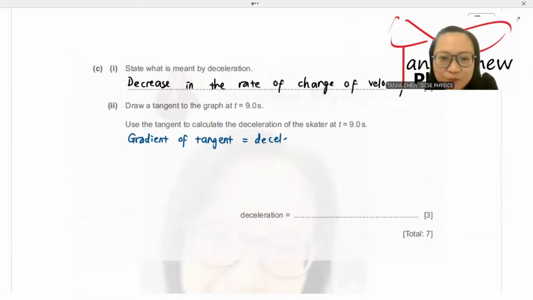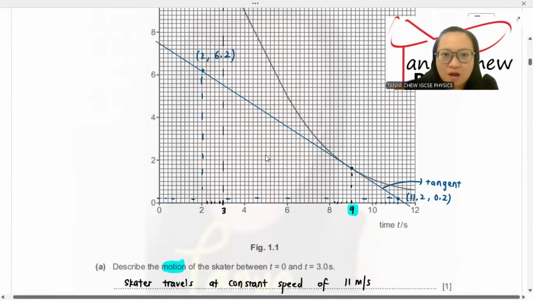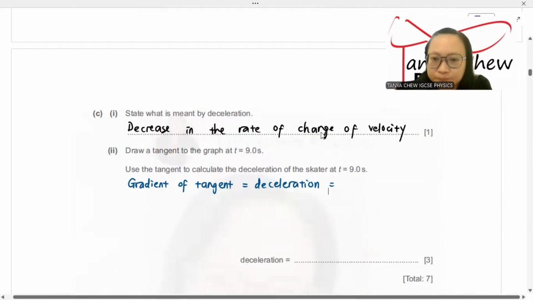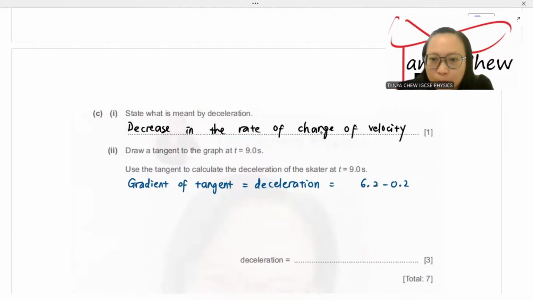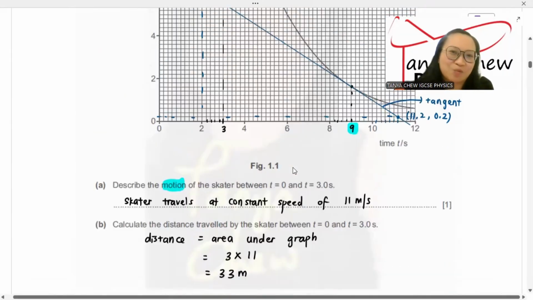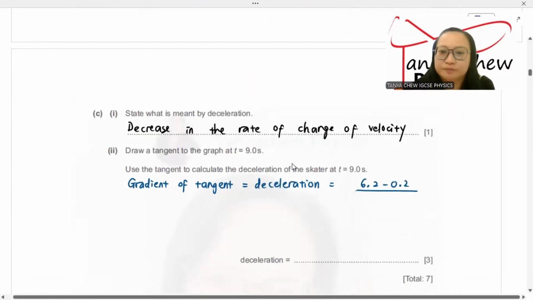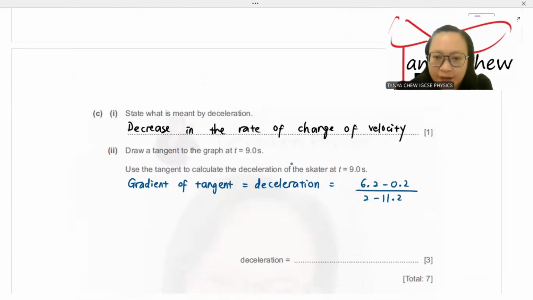represents deceleration. So get the 2 points, the 2 coordinates that I got was 2, 6.2, and 11.2, 0.2. Y2 minus Y1 first. So 6.2 minus 0.2 over x2 minus x1, 2 minus 11.2. Get an answer? 6.2 minus 0.2 divided by 2 minus 11.2. And my answer is negative 0.65